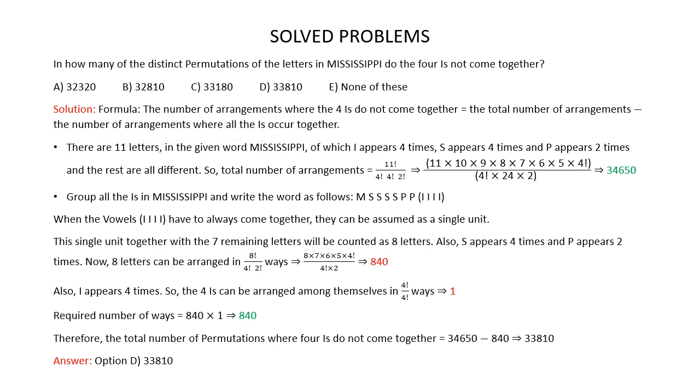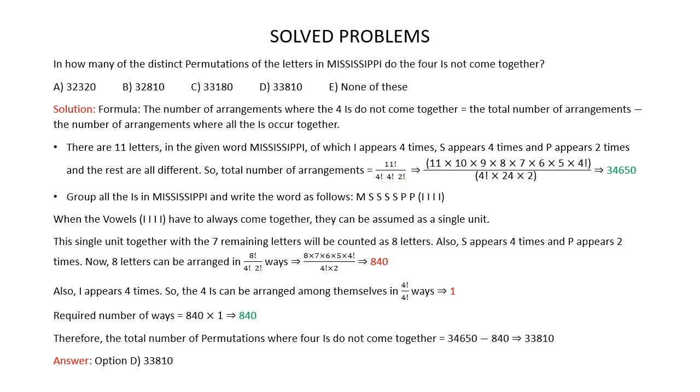So first let's find out the total number of arrangements. Now there are 11 letters in the given word Mississippi. So the overall factorial is 11 factorial. Also in the word Mississippi, I appears 4 times, S appears 4 times and P appears 2 times. So the repeat factorials are 4 factorial, 4 factorial and 2 factorial. So the total number of arrangements is equal to 11 factorial divided by 4 factorial multiplied by 4 factorial multiplied